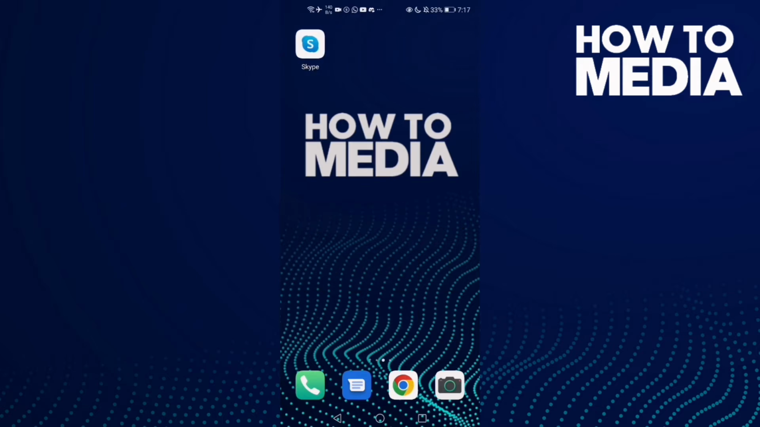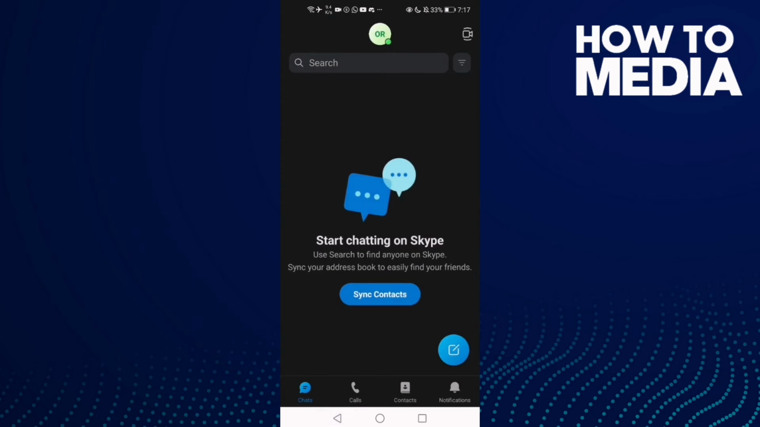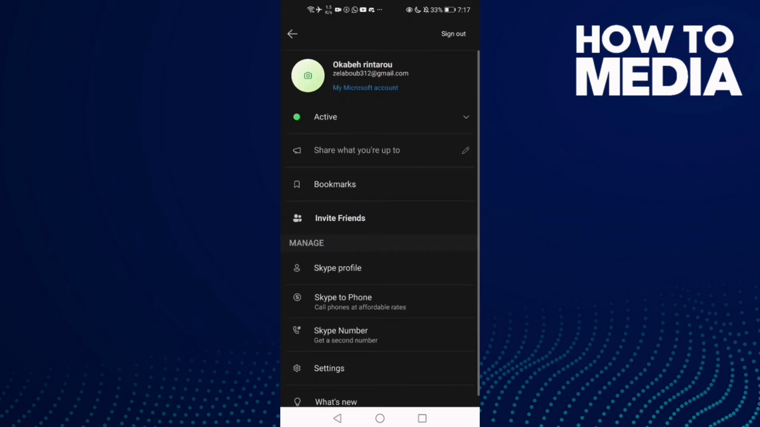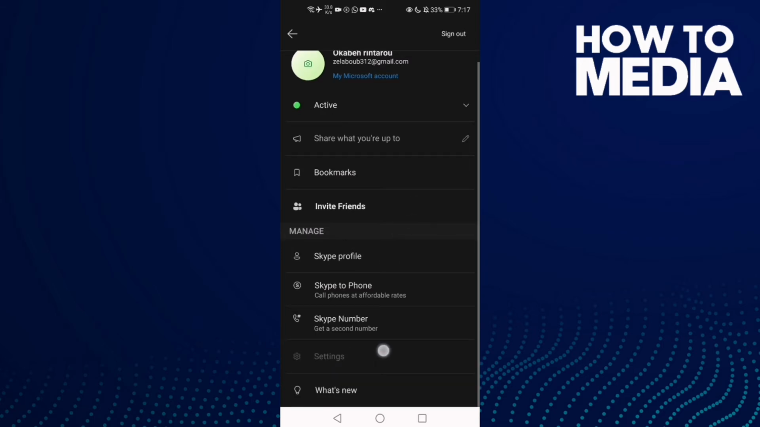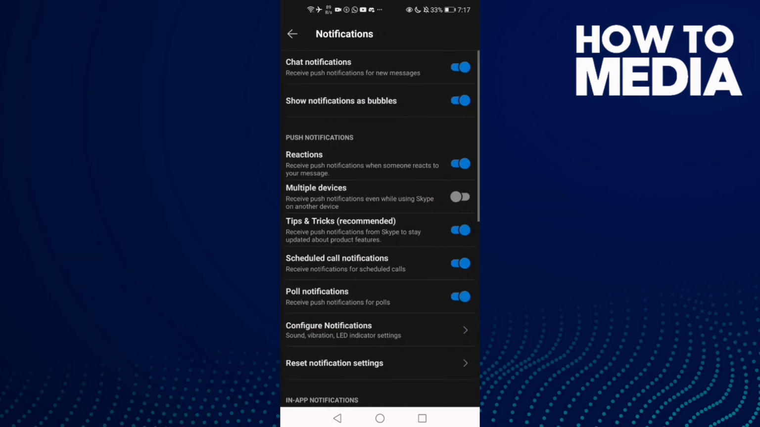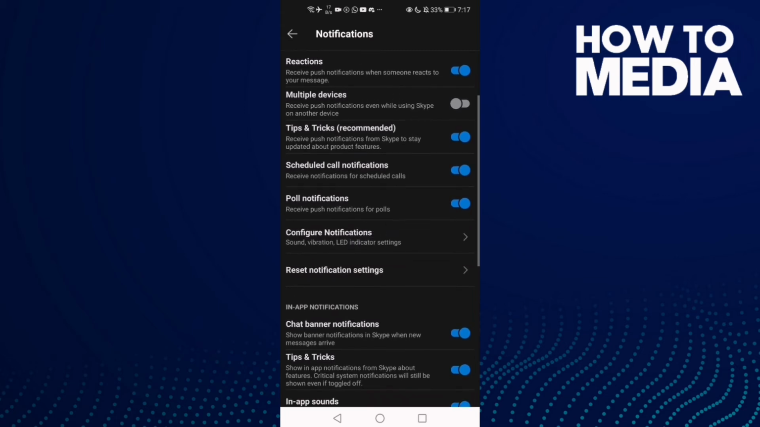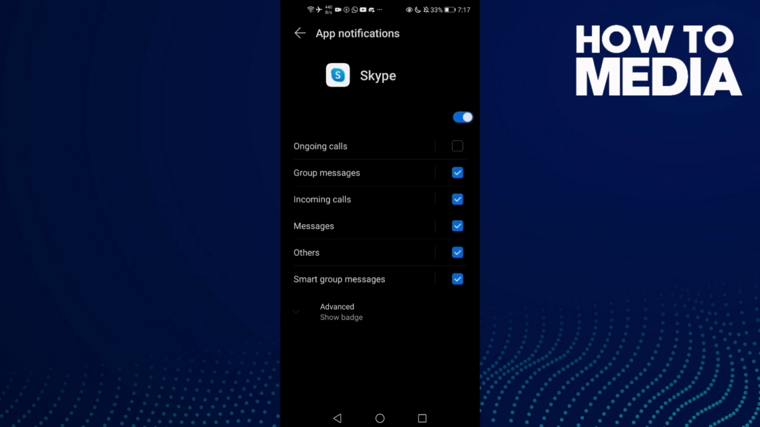First, we're gonna go to Skype and let's go back. First click on your profile and then click settings, and now notifications, and then click configure notifications, and now all you need to do is just click here, and as you see group messages has been